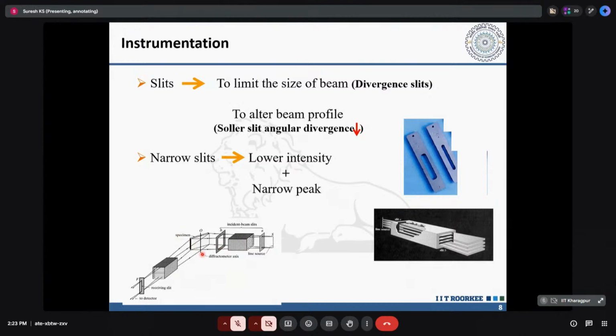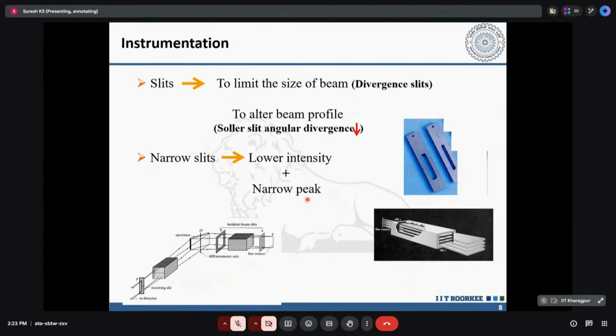Then if the divergence angle is large, there will be a larger difference in the angle at which they fall on the specimen. Now one can go for narrower slits wherein the incident angle is controlled very precisely, but then it has a drawback of much lower intensity, as well as